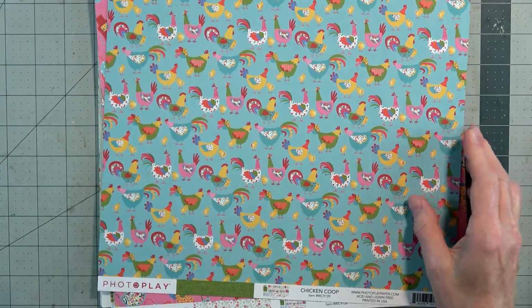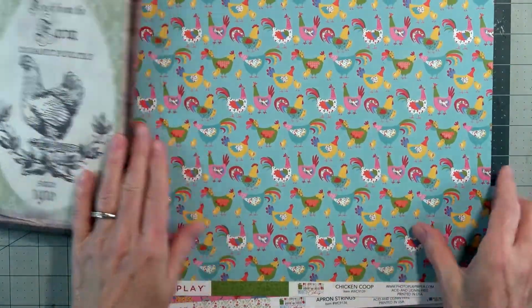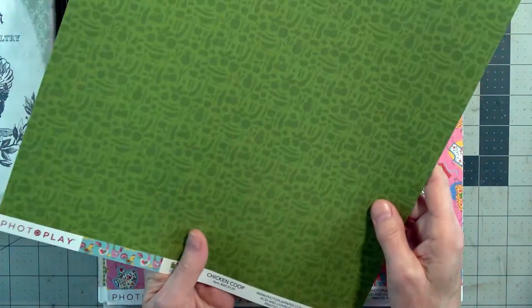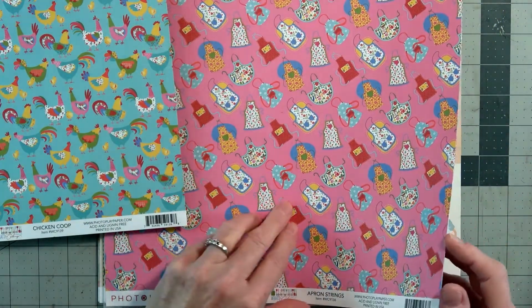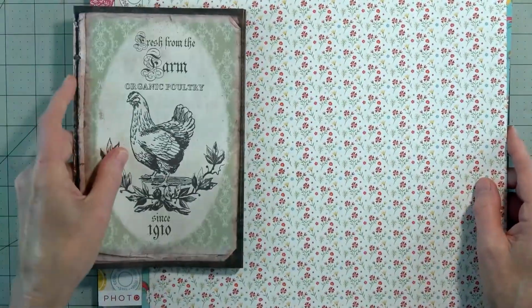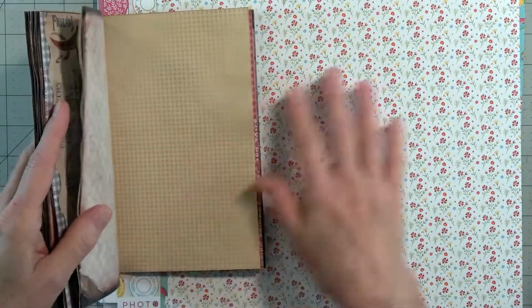So I found this paper. This is by Photoplay, and it's called Chicken Coop. And this one is called Apron Strings. I got them in a free box of things. I thought this would be a very pretty one to go with this. I think that it matches a lot of the